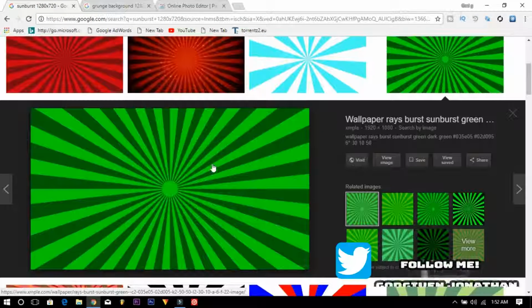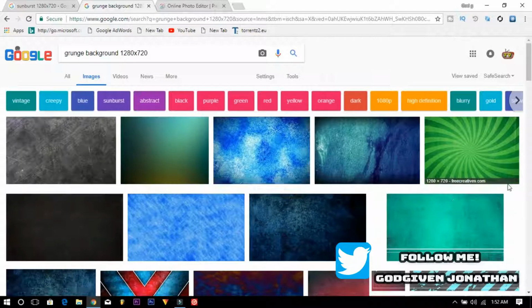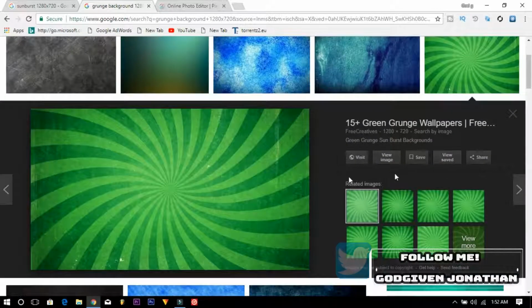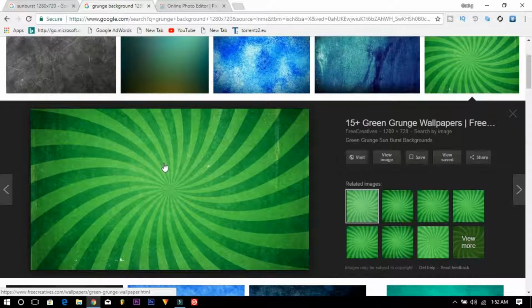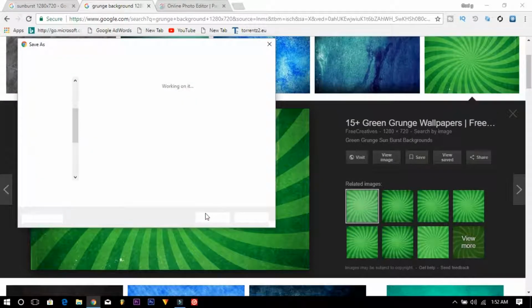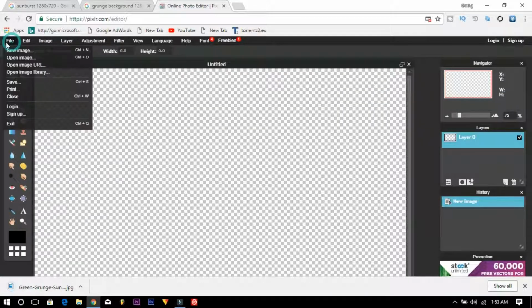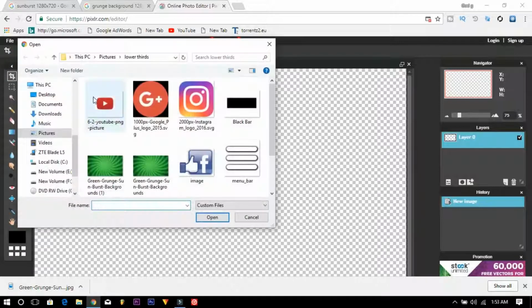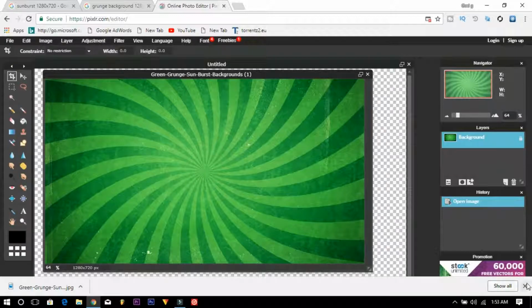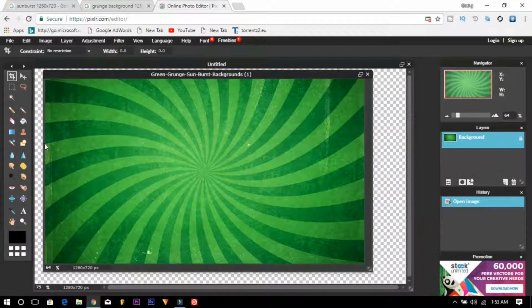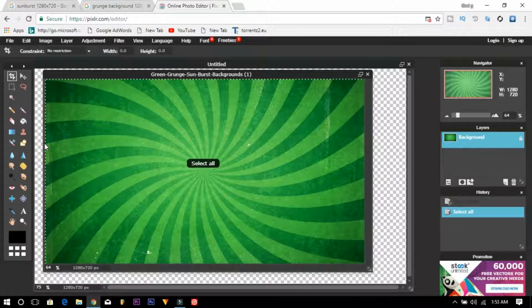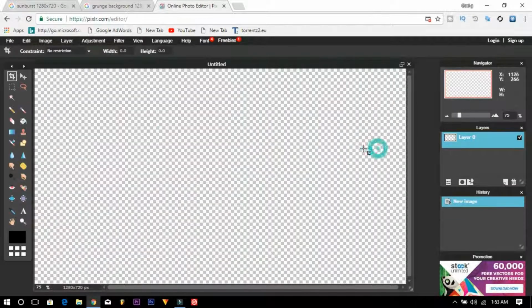So let me go with this. Click on save image, save, then go to file, open image. Then what you want to do is click on Ctrl A to select and Ctrl C to copy, then Ctrl